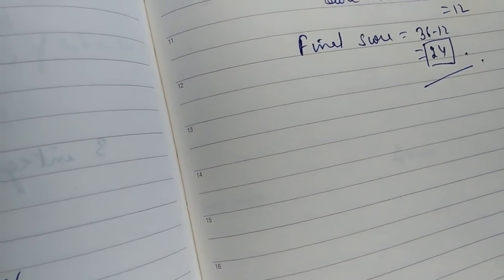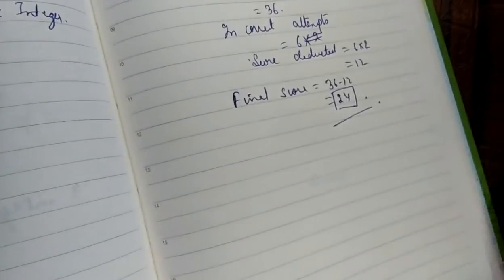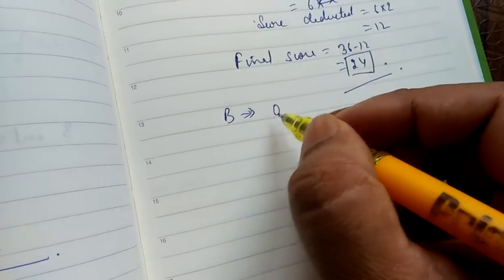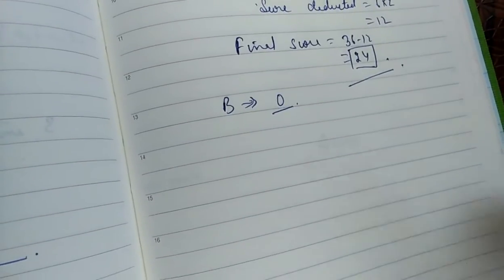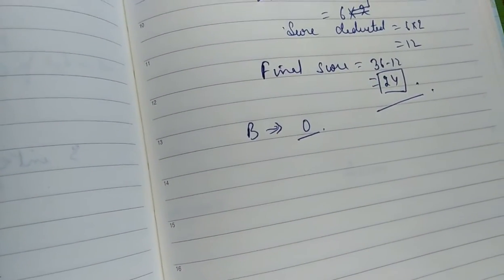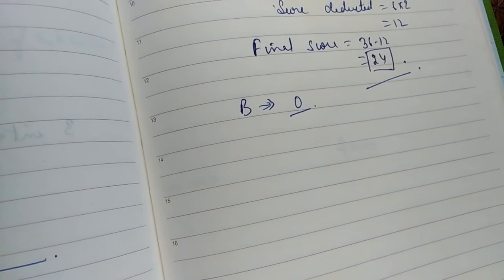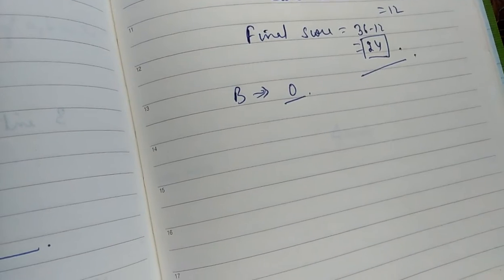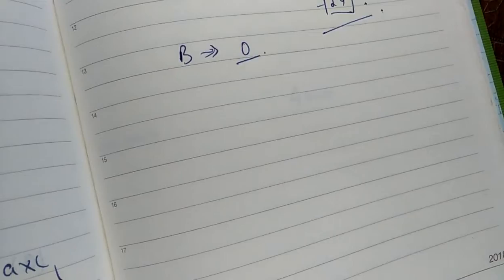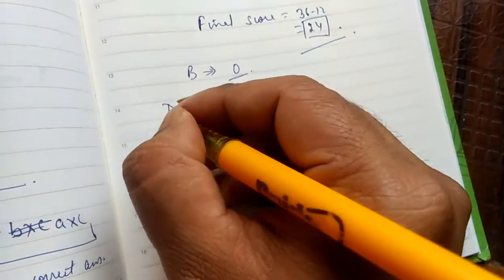All right, now for B. For B, solve it yourself. The final answer is going to be 0, but solve it yourself. You will have to use the same method that has been used above. That is extremely simple. You will get simple questions based on this. We have already discussed the types of questions that you will get. There is nothing difficult about it. So let's move on to the next topic, which is division of integers. This is simple division, multiplication, nothing difficult.